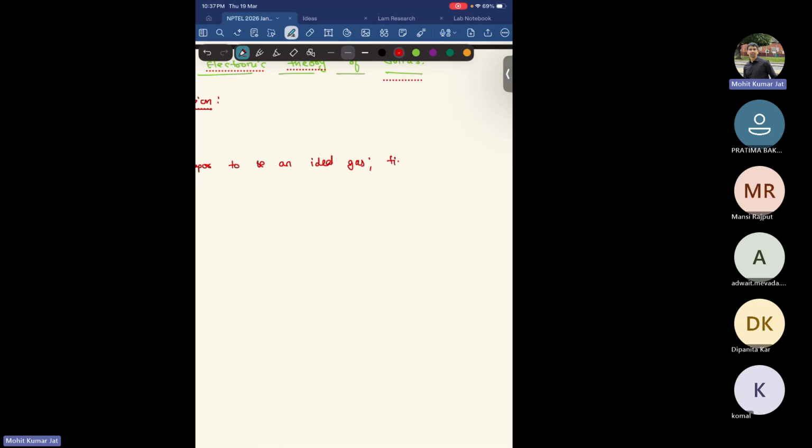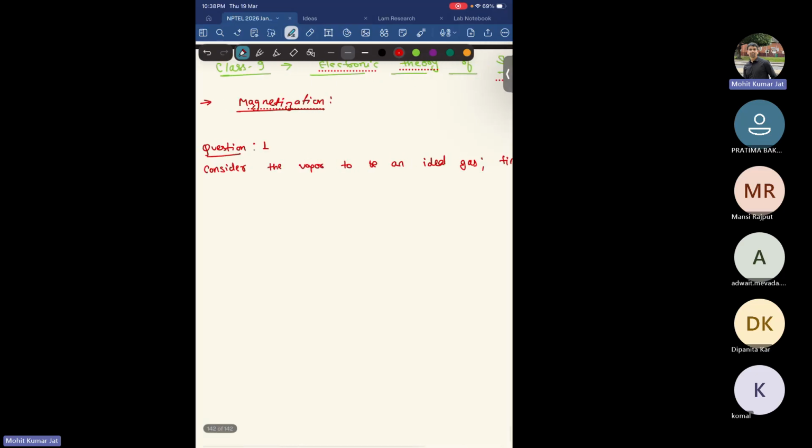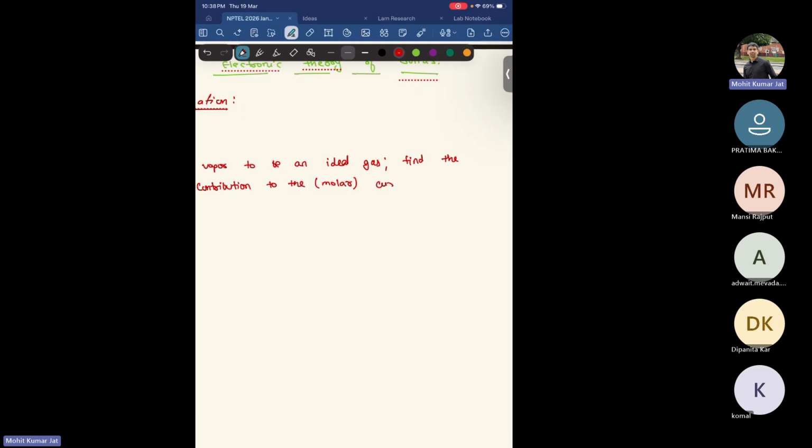Now find the paramagnetic contribution to the molar Curie susceptibility of cobalt,